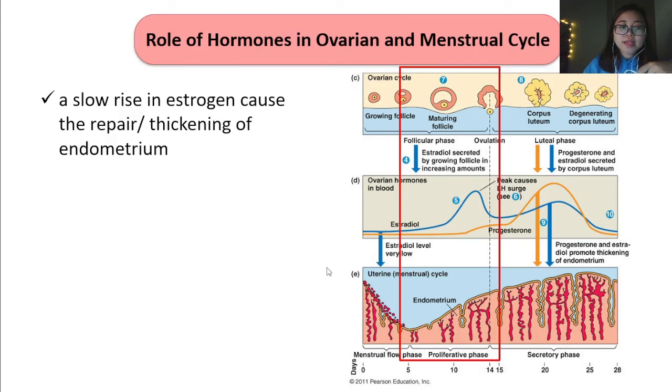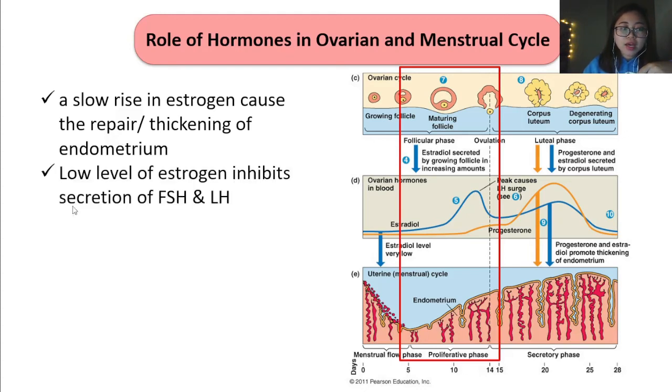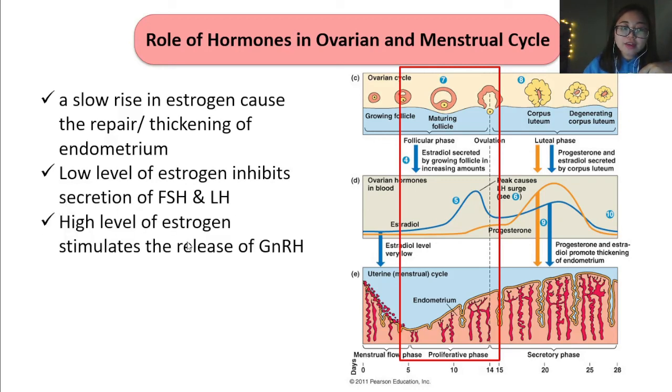A slow rise in estrogen will cause the repair or thickening of the endometrium. Low level of estrogen will inhibit secretion of FSH and LH, and high levels of estrogen will stimulate the release of GnRH. So this is basically what I was talking about before, but now we are looking at the flow